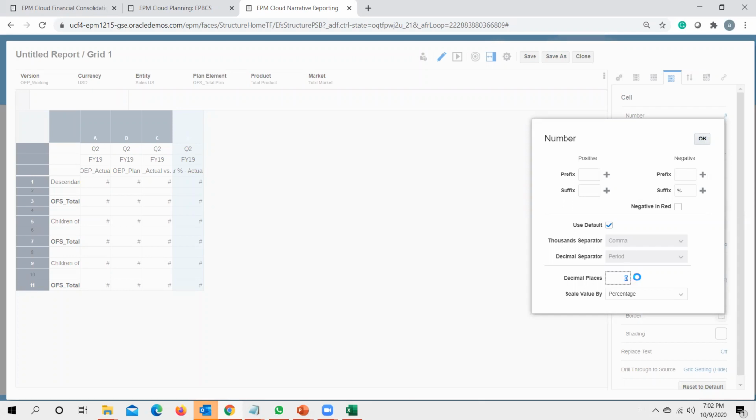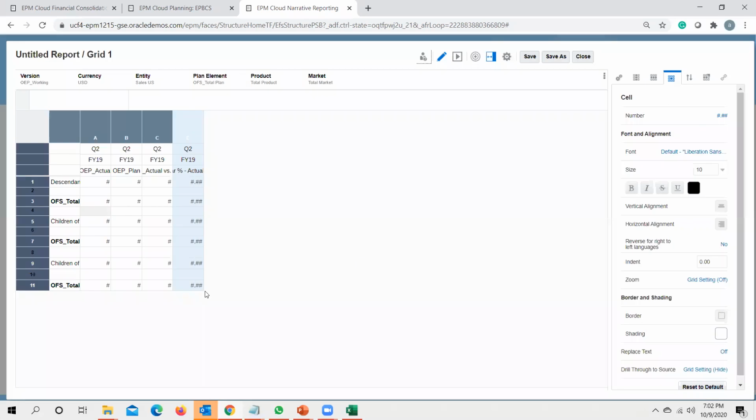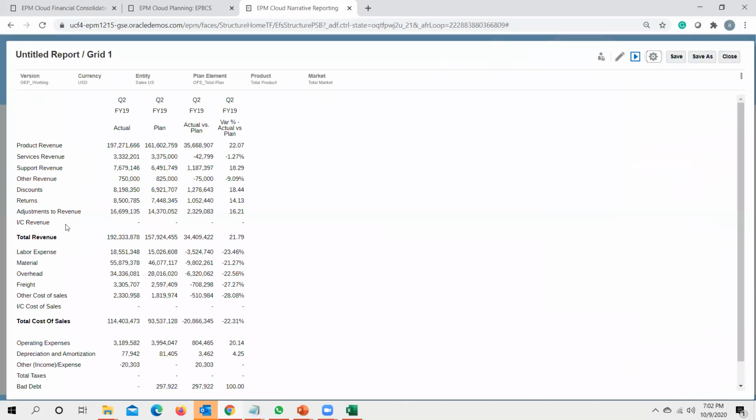And if you want to increase decimal places by 2 points, you can do that and click OK. Once you click OK, you have your data set ready. You click preview and you can check out your final report. So this is how you can prepare your income statement comparative report for actual and plan, wherein you have actual versus plan and the variance percent for the same.